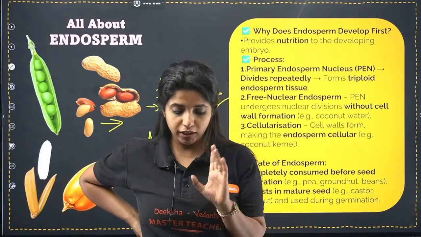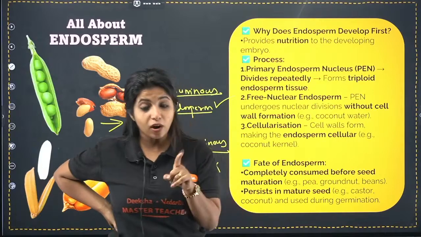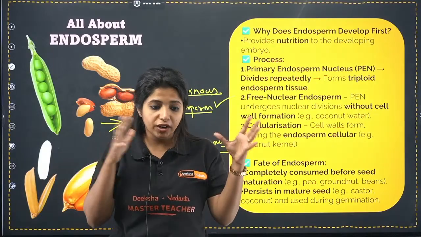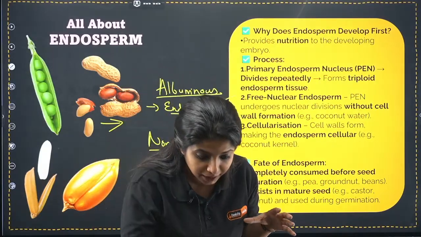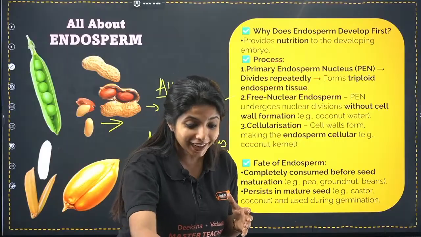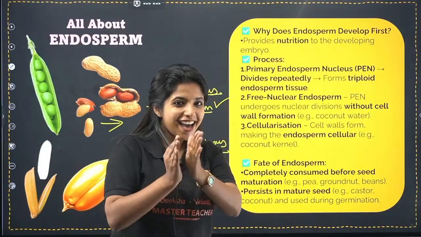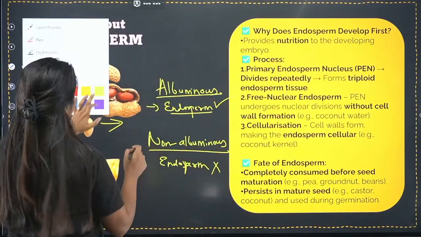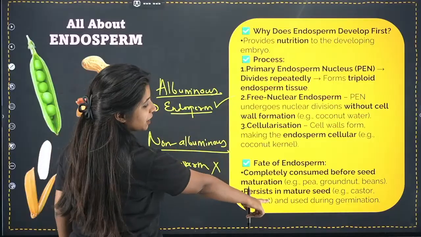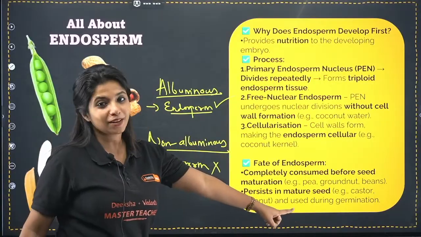I'll ask once more. Listen to me very carefully, okay? You know the answer. It's just that you're not able to understand it. Okay, wheat, maize and castor. The one that has endosperm. Good, Vivek. The ones that have endosperm are the ones where the endosperm still persists, and we said that